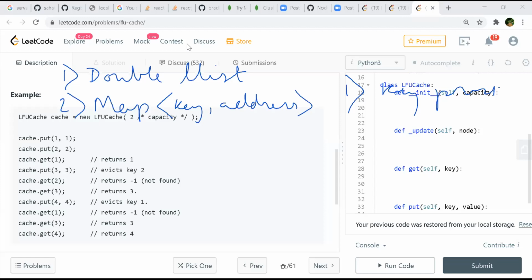Next time, it has to be kept in the cache that this key was used in the past operation. So there has to be something that brings it to the front or the top to keep a note that this key was used recently.